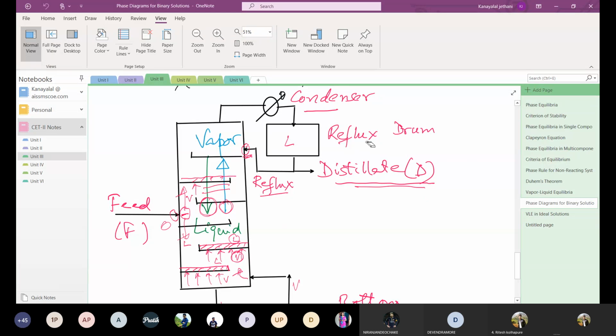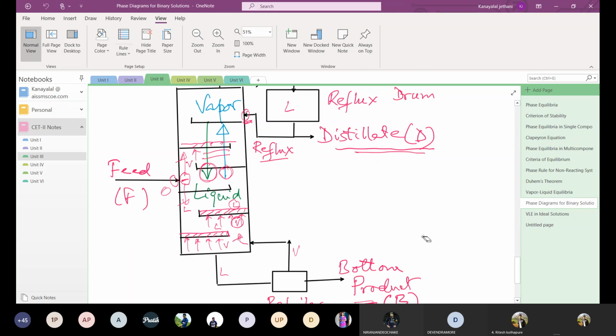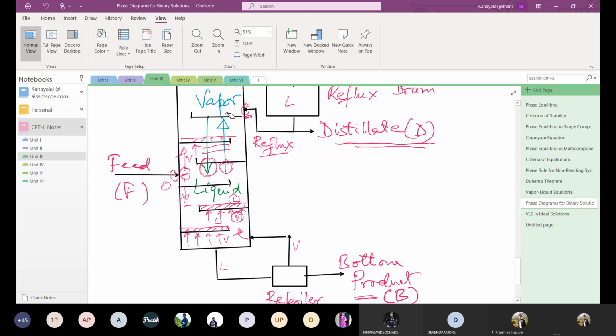रिफ्लक्स, प्रोडक्ट नहीं निकालते हैं। जब तक steady state नहीं होता ना, don't take out distillate because distillate composition change होते जाएगा। So what they do is they operate at total reflux, पूरा जितना भी लिक्विड आएगा उसको वापस डाल देंगे till it reaches steady state. बॉटम प्रोडक्ट भी नहीं निकालते हैं, पूरा डिस्टिलेट वापस रिफ्लक्स करके डालते हैं, और यहाँ से पूरा रीबॉयलर वापस डालते हैं ऊपर till it reaches steady state. एक स्टडी स्टेट आ जाता है, then you start withdrawing the distillate and bottom product,